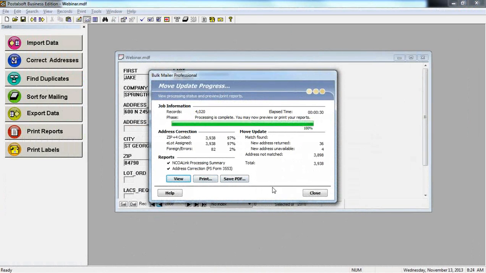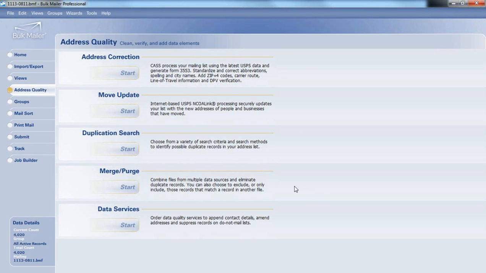So again, I can save that as a PDF. I can print it or preview. So I'm going to go ahead and say close. And now at this point, I'm going to go ahead and go into the duplication search and show you how